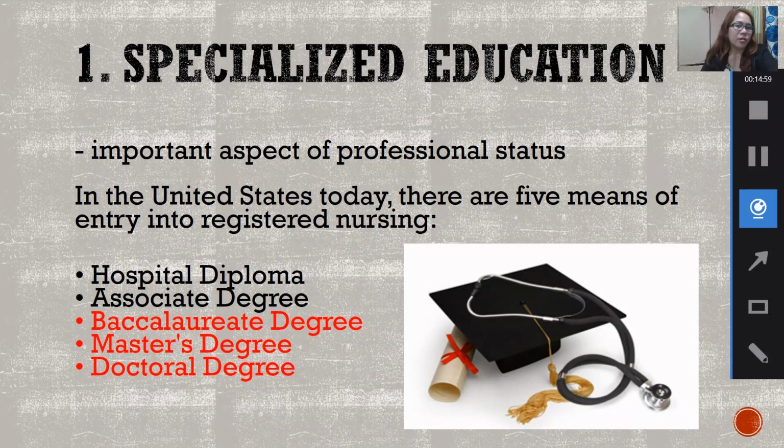And we have the baccalaureate degree. So, yan yung kinukuha nyo ngayon dito sa Pilipinas, the BSN. Okay? Yung baccalaureate degree, nag-start siya in University of Minnesota in 1909. Unang start nila noon is actually 5 years siya. Kasi you need to get a 3-year diploma program plus 2 years yung liberal arts education. So, sa kanila, it's 5 years before. But later on, dito sa atin sa Pilipinas, 4 years siya.